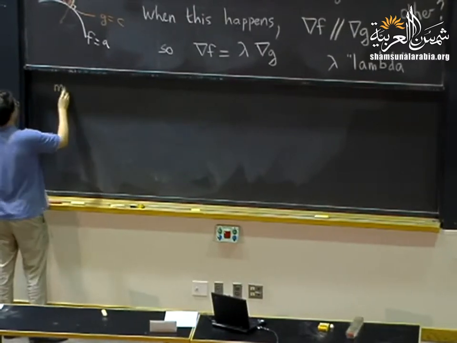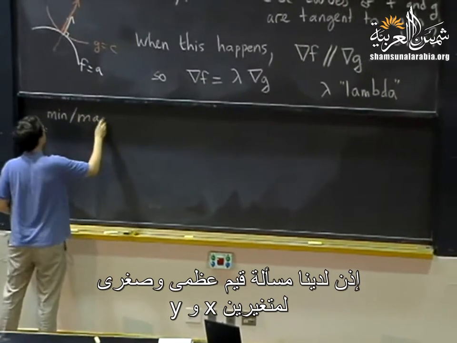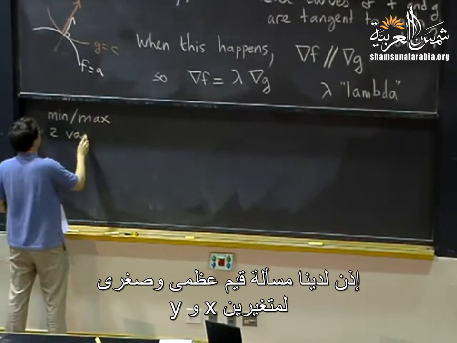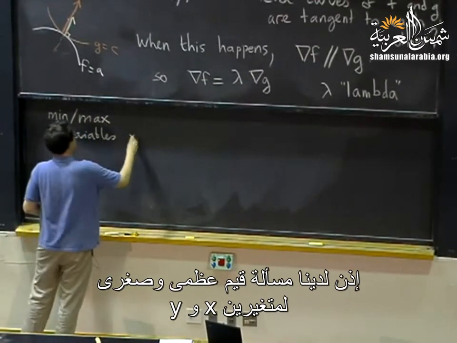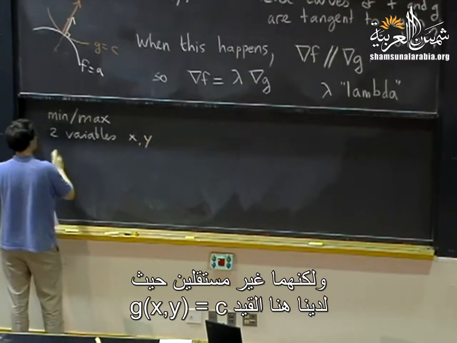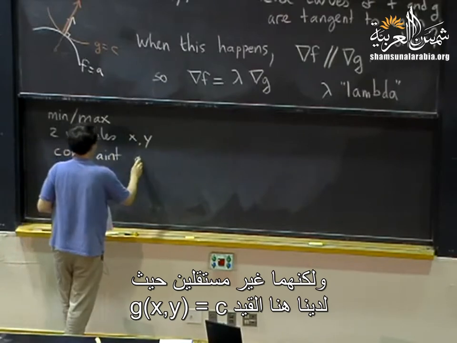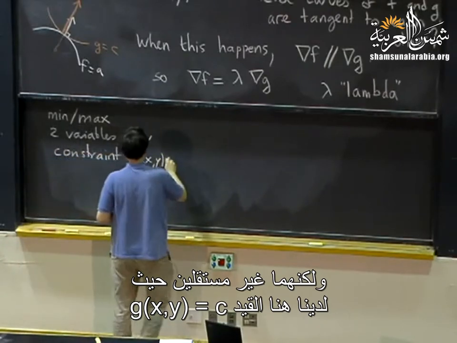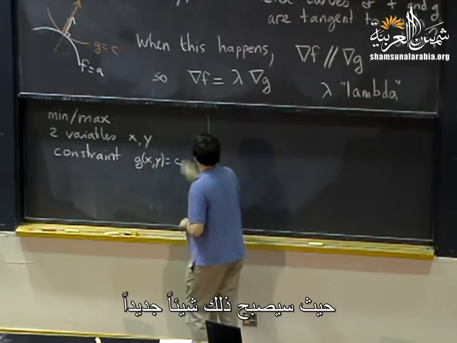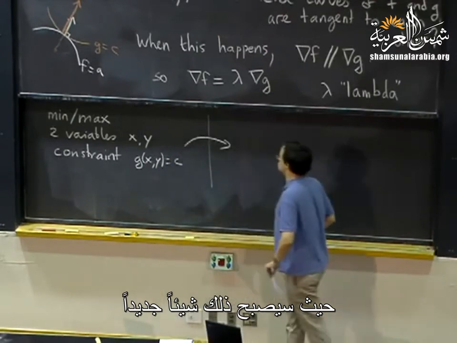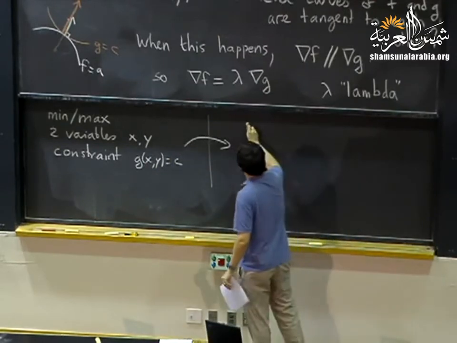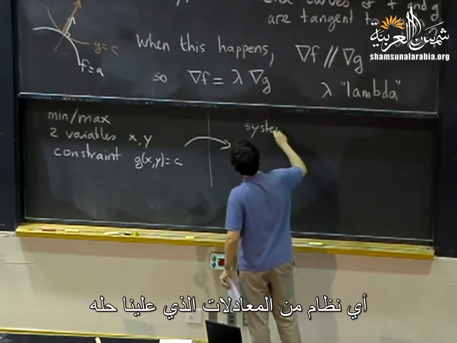So we had min-max with two variables, x and y, but not independent. We had a constraint, g of x, y equals constant. And that becomes something new. That becomes a system of equations